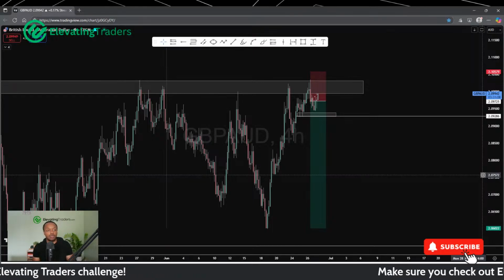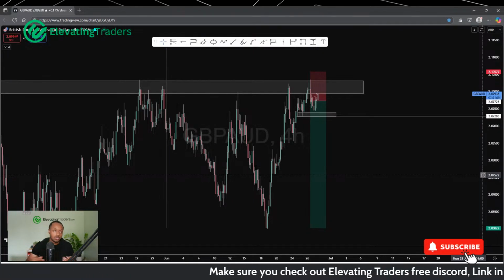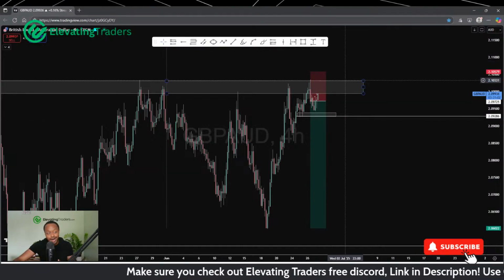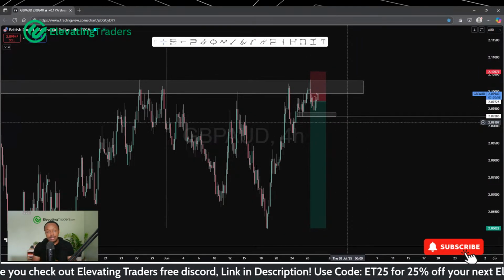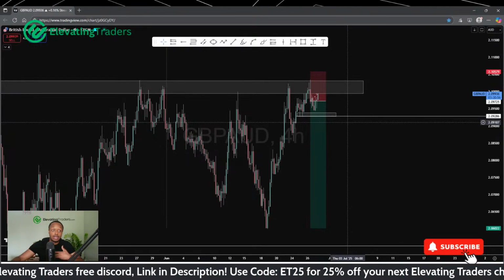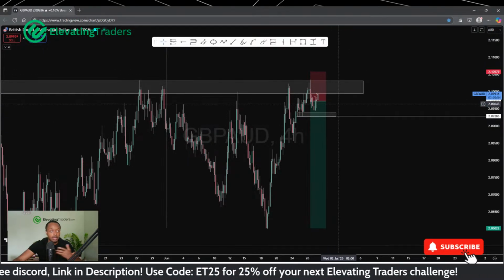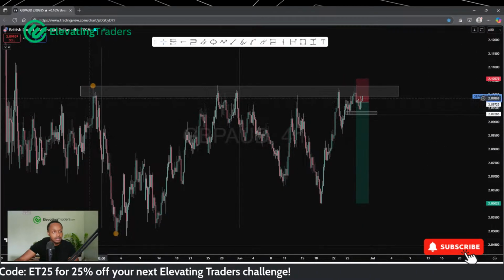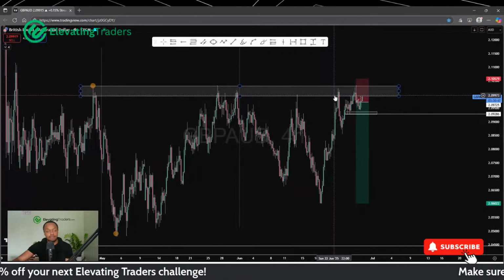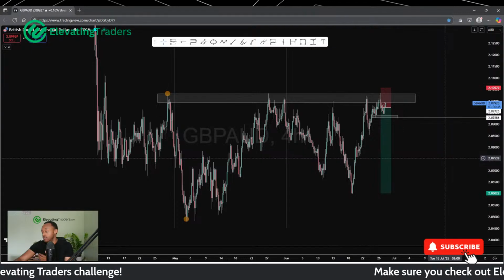But in terms of finding a later entry, probably the risk to reward doesn't look as good. And your stop loss, if it is still going to be above the high, well, because you're entering later, your risk to reward is going to take a hit because of that. And even if you don't put your stop loss up there, if you put it somewhere around here, it's a bit more of an exposed place because this is clearly where the major resistance is. So yeah, you can wait for